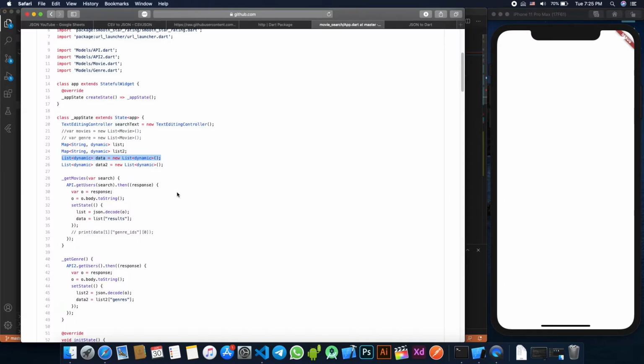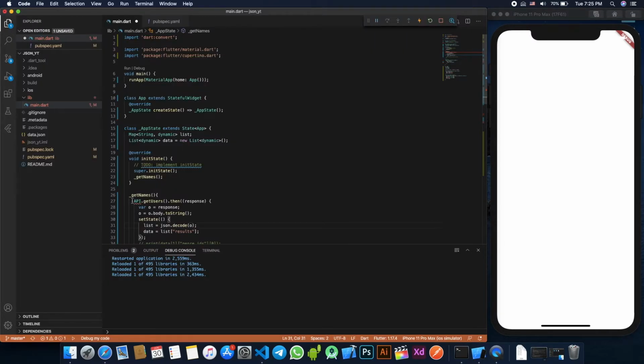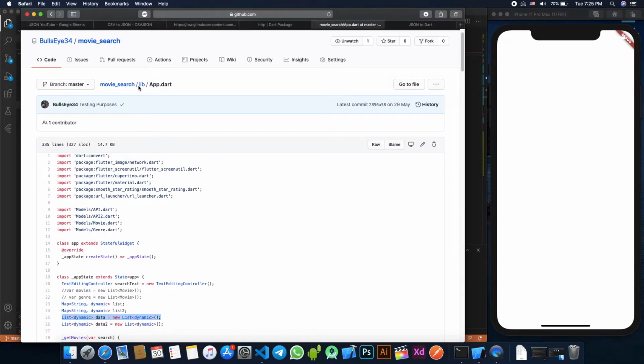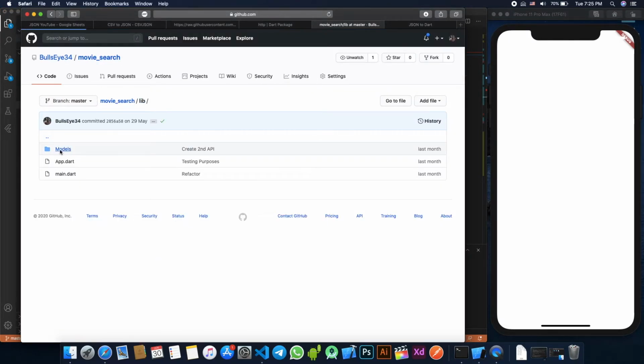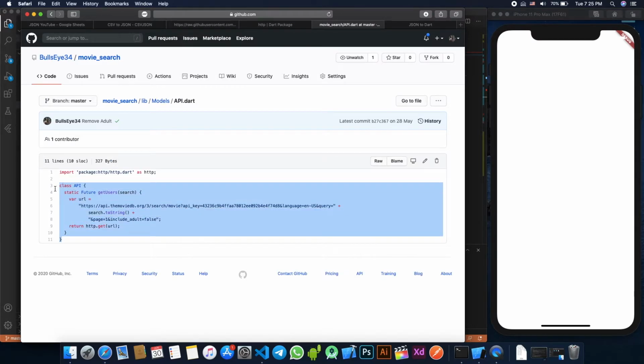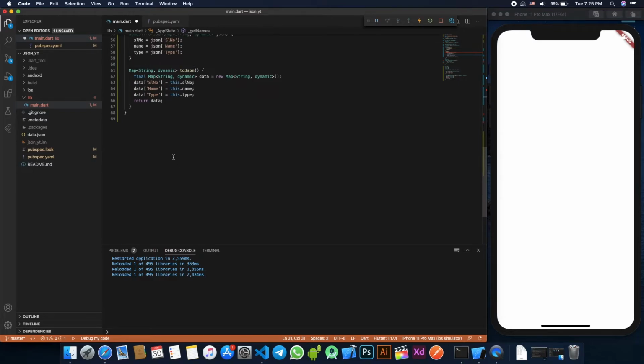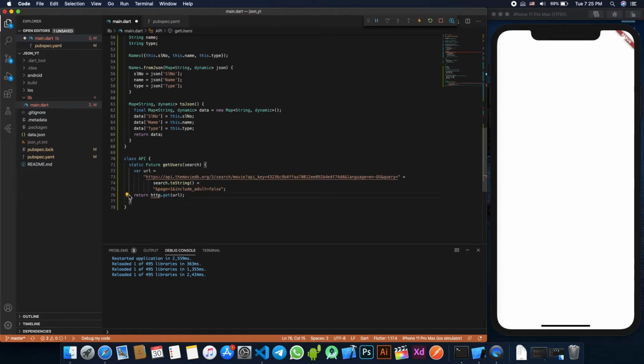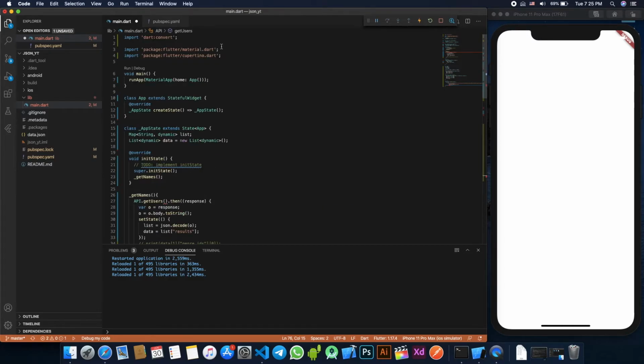package, and then now we have our API error, right? Because what I have done is I have made API as another class. It's a simple class, don't worry. Just copy this and I'm going to paste it here. So that, and here you see we have an HTTP error because we have not imported HTTP. I'm going to import it now. Put HTTP, put that as HTTP. That should solve that error.